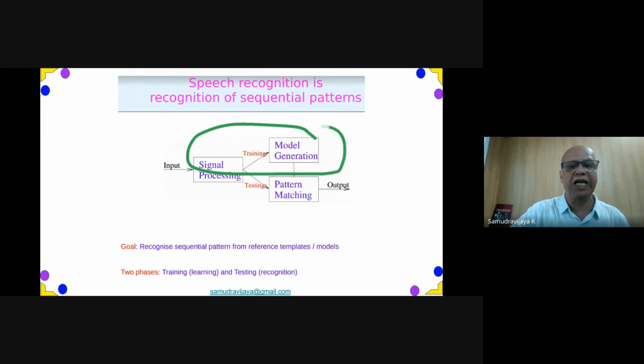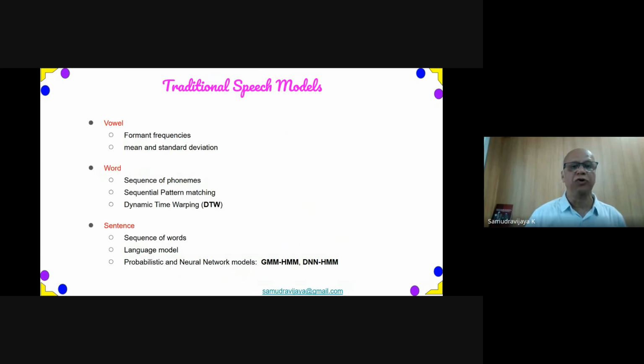So we want to train the models for different speech sounds. So how do we do that? We want to train models. So what is the kind of data that we have recorded? We have recorded vowels, E, and so on. We have recorded words, papa, pipi, pupu. And we have recorded sentences, which are sequence of words. So we need models for these three types of systems. What about vowels?